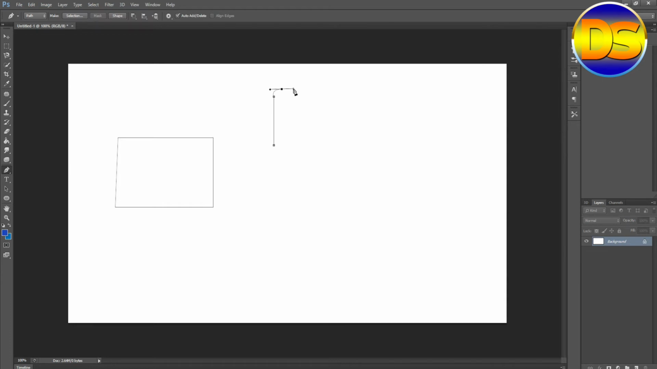Okay, if I want to remove this portion, click Alt and delete this shape. Look, no shape is there. After that I go to the